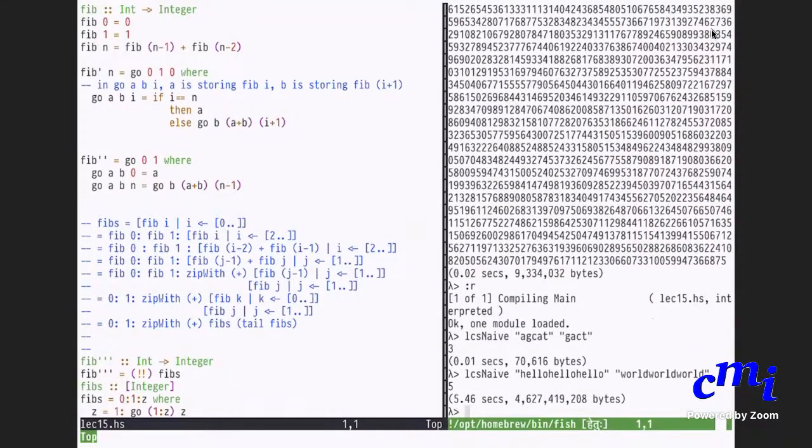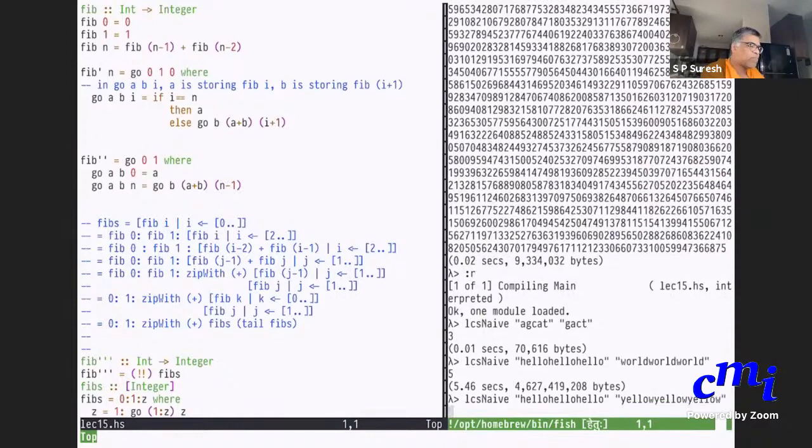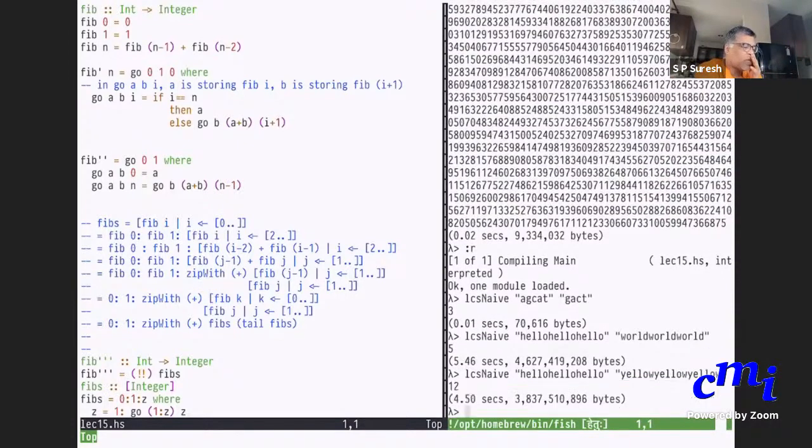Okay, this already takes time, and you can imagine that hello and yellow you want to say. This should be 16, I suppose. Well, okay. But you can see that it takes a lot of time. And there are stupid examples which will take a lot of time.